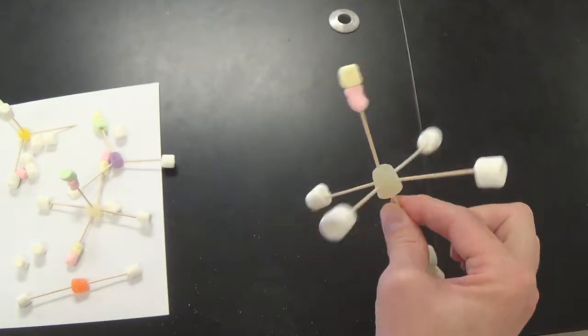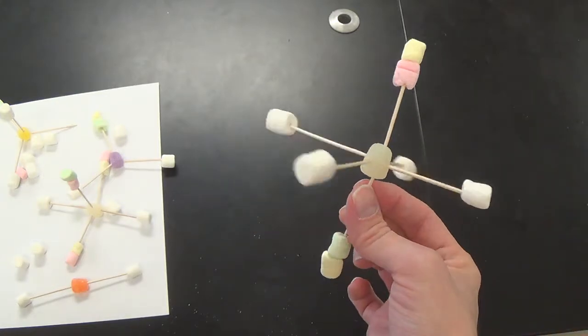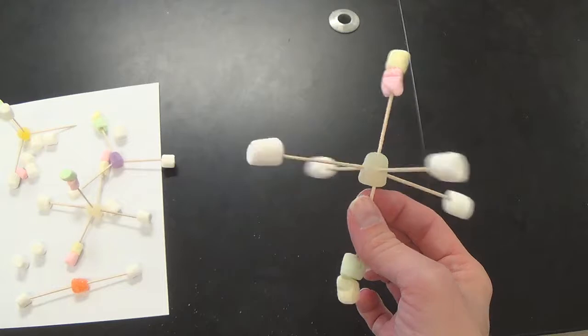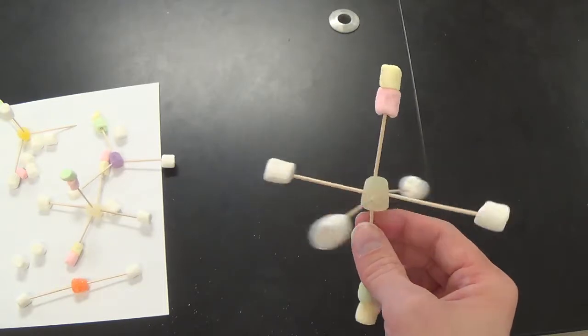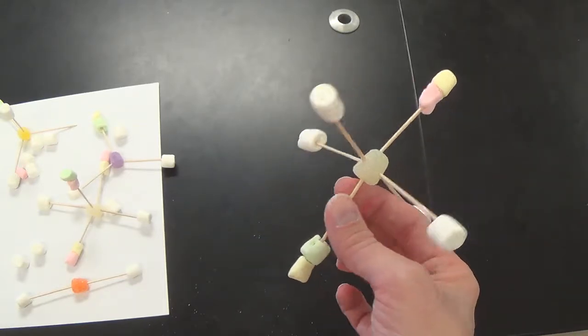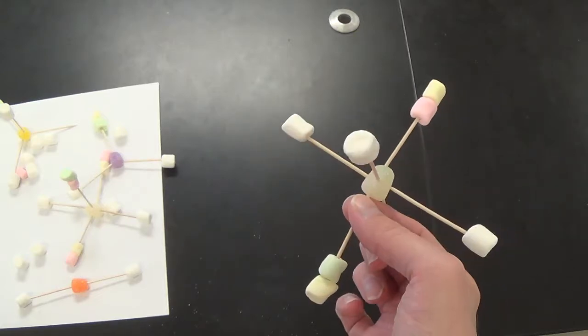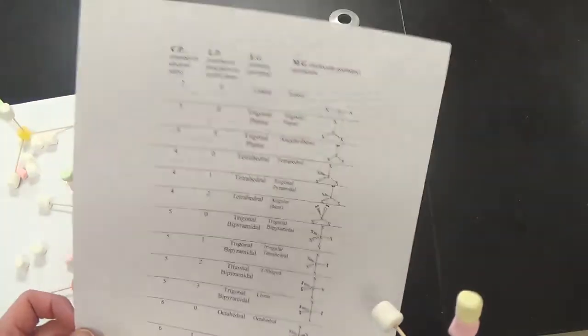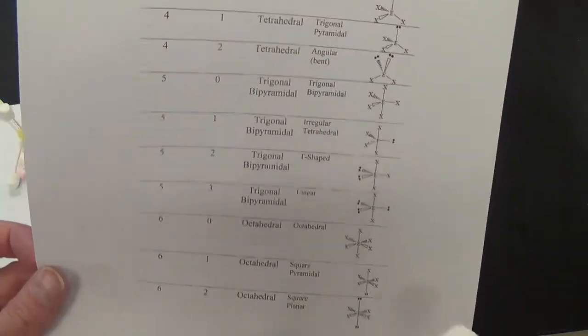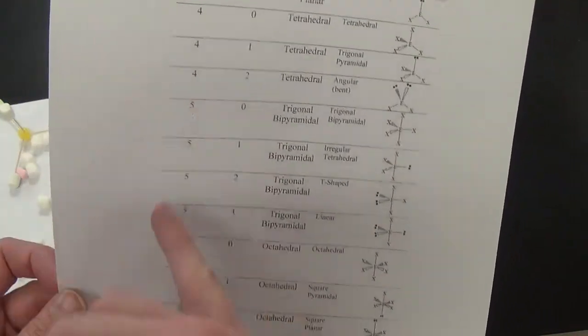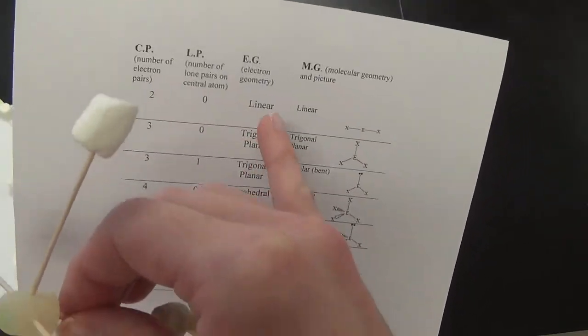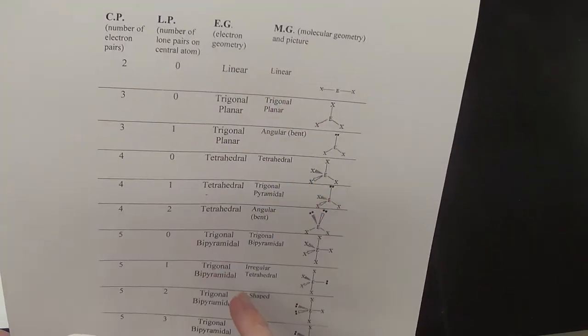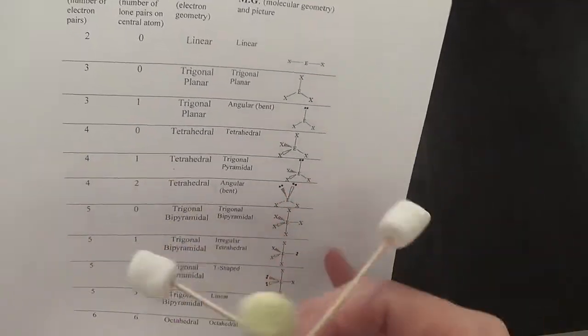Okay, so that's how we model our VSEPR shapes, that is, three-dimensional shapes for covalent compounds. I hope this has been helpful in seeing how to read the polarity, because that's not on your chart. You've got to know how to figure out the polarity. So you'll use your little sketch to figure out how many central pairs, how many of those are lone pairs. That will match you up with an electron geometry and a molecular geometry, and then it's up to you to tell me about